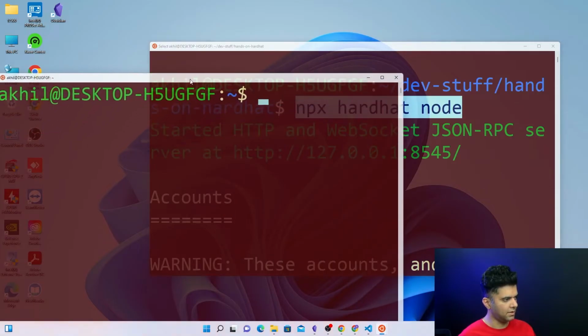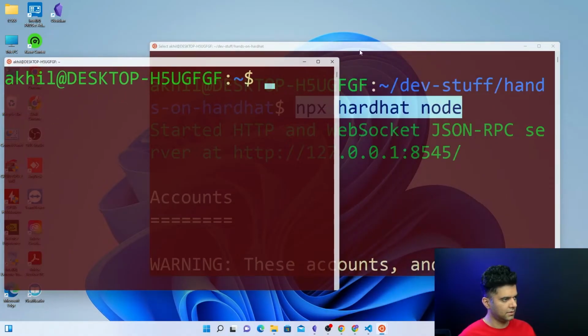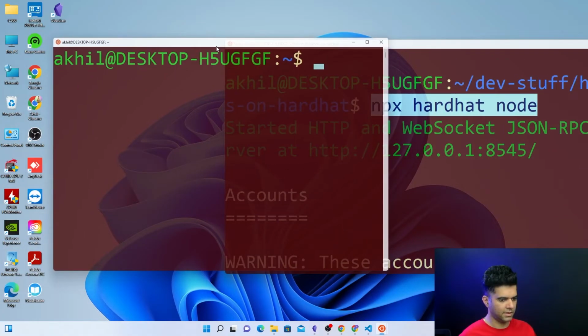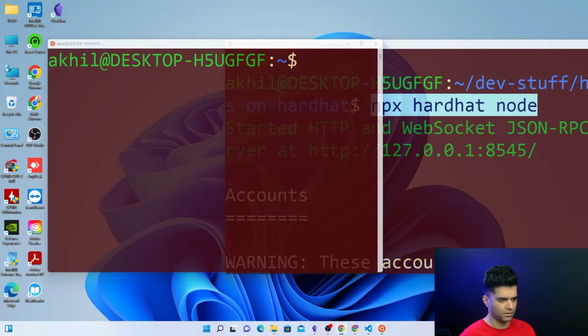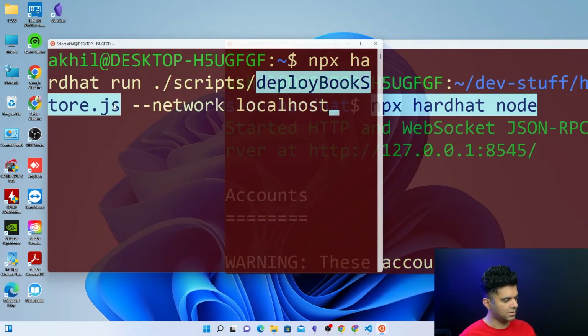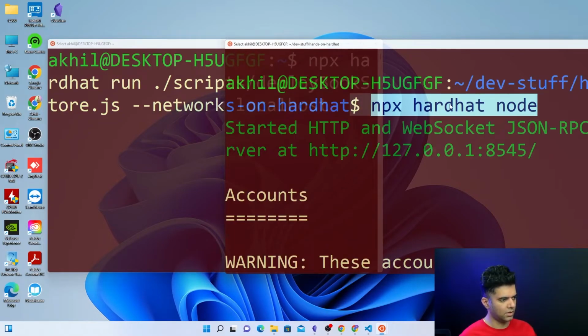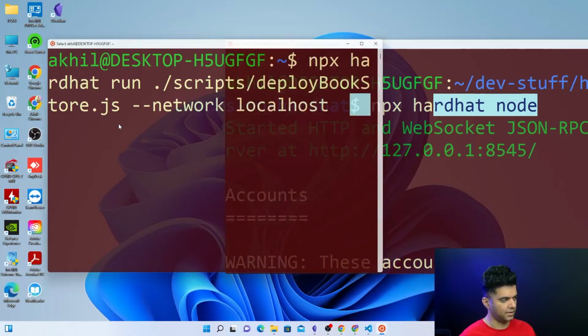On this other terminal, I'm going to say npx hardhat run scripts. In my scripts folder, there's a deploy bookstore.js file. We created it together, and we'll run it on localhost, because my hardhat node is running on localhost. So when I press enter,